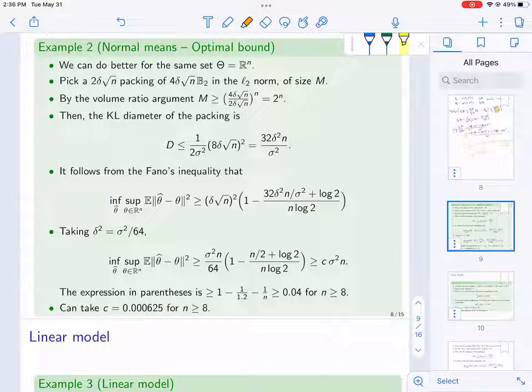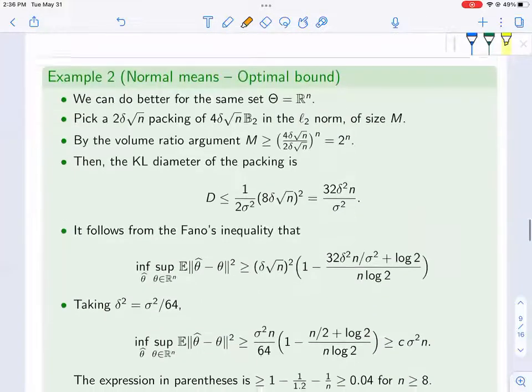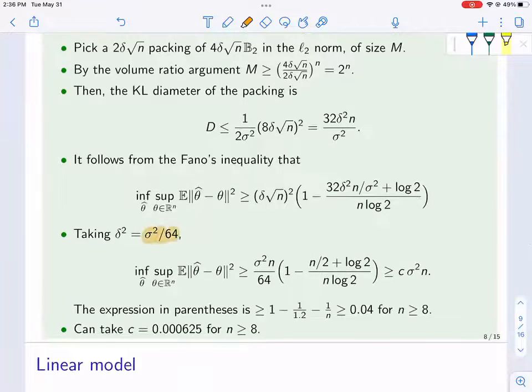For example, if I take delta squared to be sigma squared over 64, right? Sigma squared cancels out. This is going to be like n over 2, log 2 n over n log 2. And then there's going to be sigma squared n over 64 here. So you can do some sort of calculations. For example, let's say n is bigger than 8. Do the calculus. So this is going to be like 1 minus this, like